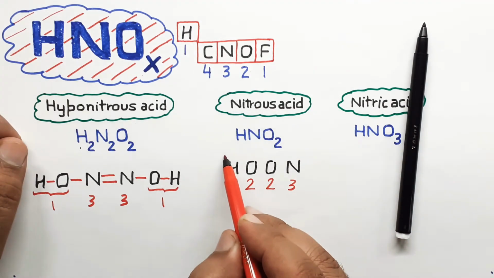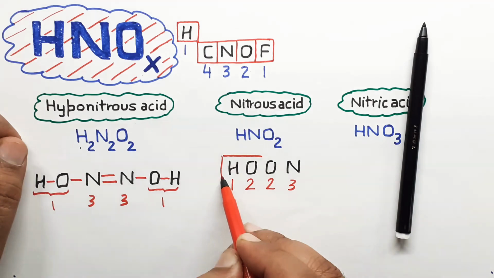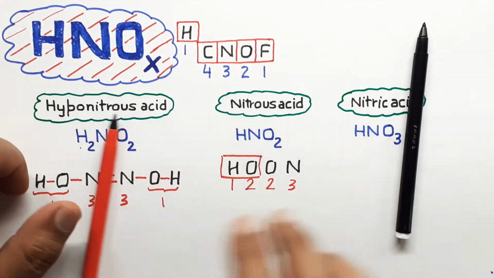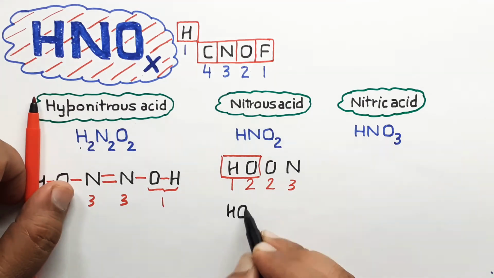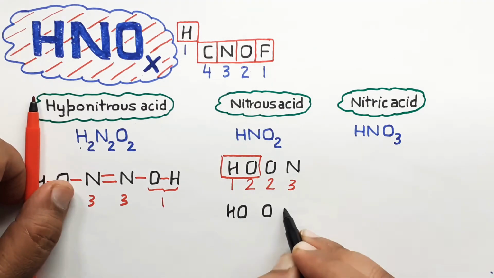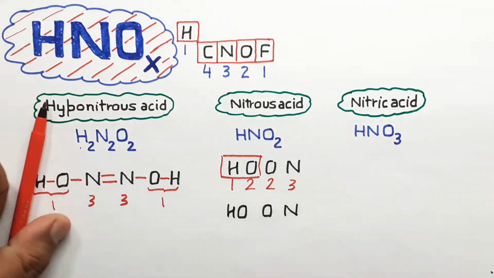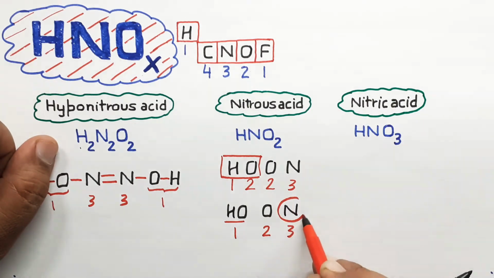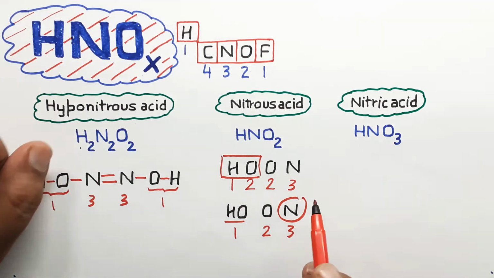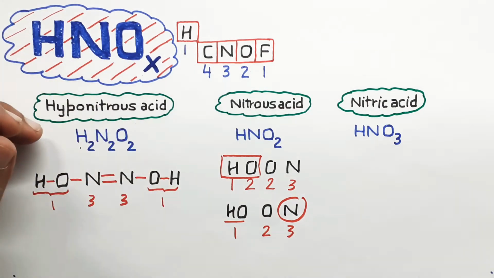As I said earlier, this is the single group. So if this is the single group and they combine with each other, then it becomes a hydroxide kind of group, OH, then oxygen and then nitrogen. Now you can clearly see the valency. After they join, this whole group has valency equal to 1, this is valency equal to 2 and this is valency 3. That means this will be the central atom and these two combine with that. So let me draw it over here.